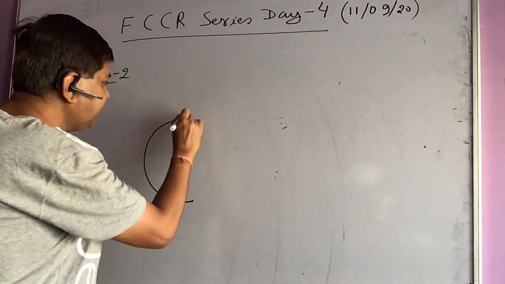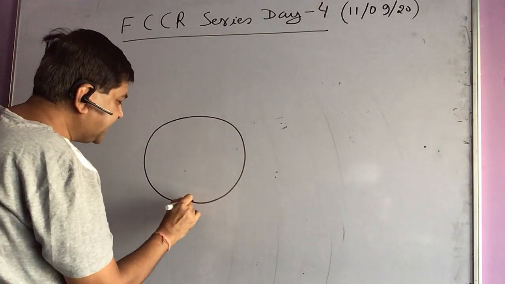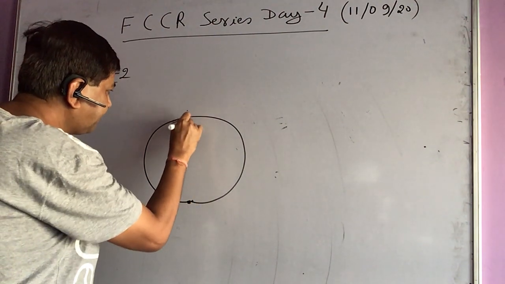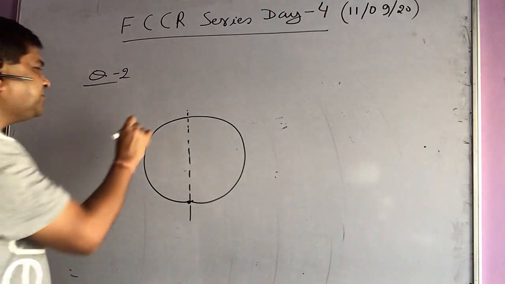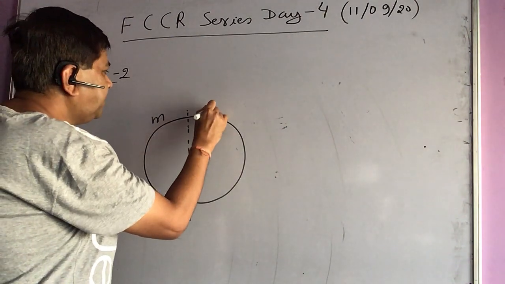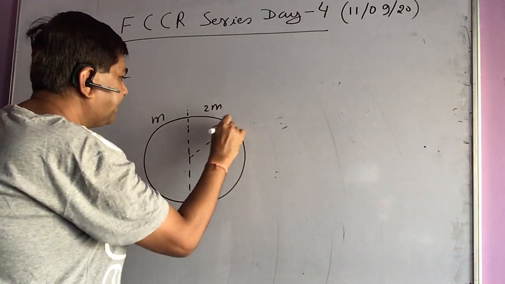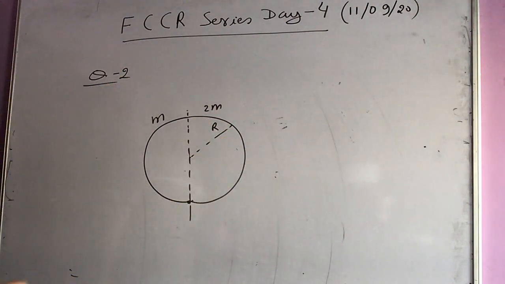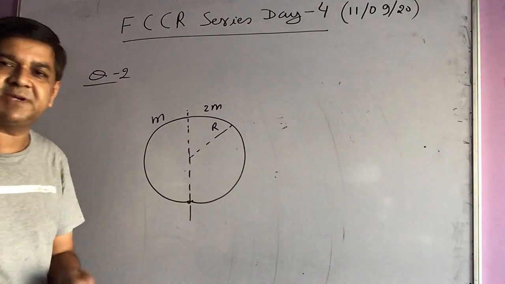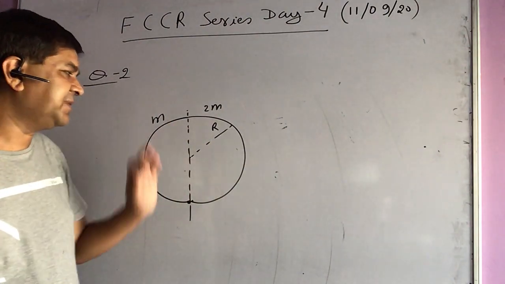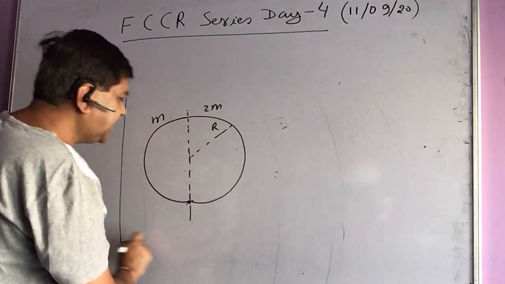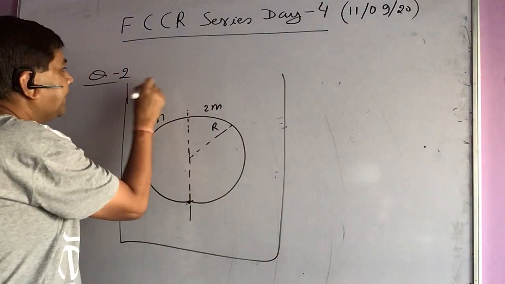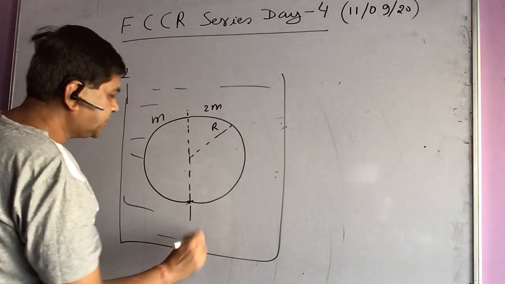So we are having a hollow sphere that is actually composed of two hollow hemispheres of say masses m and 2m, and the radius is given r. Okay, so we know from the concept of center mass, the center mass of the hollow hemispheres are at distance r by 2 from the base plane, and it is given that base plane is vertical and it is placed in a liquid, uniform liquid. So this is the diagram.